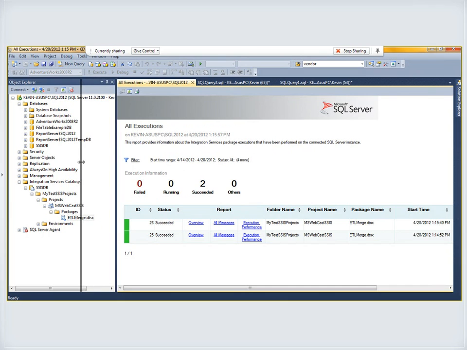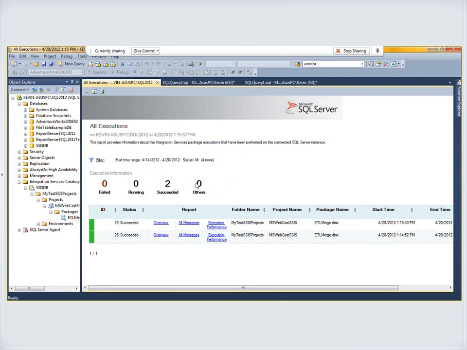Well, for anybody who wants to implement package logging just to log instances of when tasks run, you might appreciate the value of this report. First of all, it gives me the two instances of the executions, 25 and 26. Maybe I want to get an overview of 25, the first one. So I'll click on the overview,